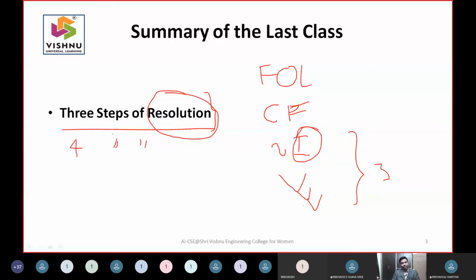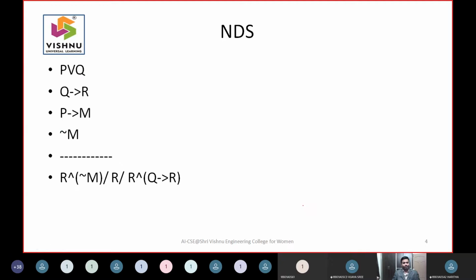In the next slide, we take a small example from NDS, and surprisingly this question was given for 16 marks, where it will take at most 1 or 2 minutes to solve this problem. Just see here now. Simplest problem, and the question that was asked is what exactly is the NDS. When people ask you what exactly is NDS, you have to write all the symbols that are accepted, all these rules pertaining to NDS, which will infer your meanings.